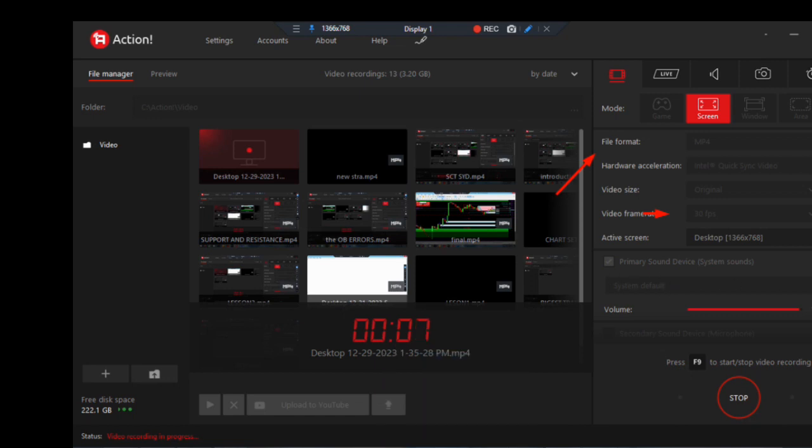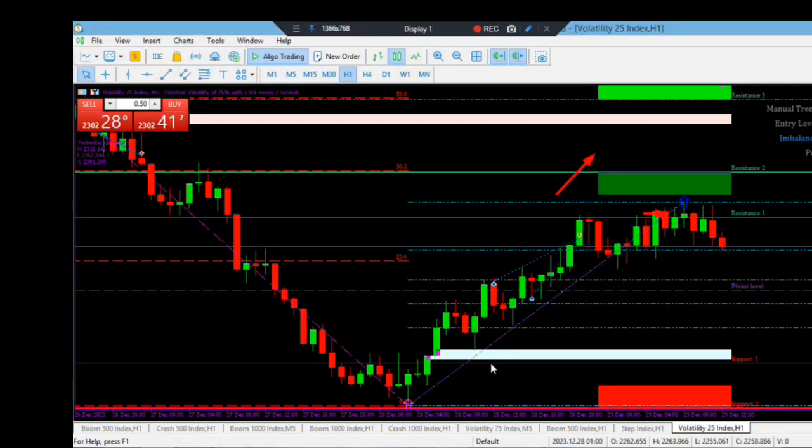Though today we won't be doing much. I just want to show you one easy method you can use to scalp. It's very easy, but you have to be glued to your system. So when you're glued to your system, when I say glue, that means you should be observing your system all the time